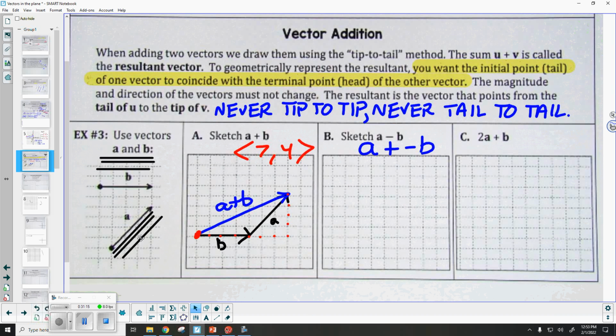All right, so I'm going to start with A right here. Let's say right here ought to do it. Okay, I'm going to draw here's the head. So this is A. Now, right now, as it is, B is pointing to the right, but I want negative B. So it's going to be pointing to what direction? It's going to be pointing to the left. That means this right here is going to be the tail now. So I'm going to put the tail right there at the head of A. Let me draw in the head. Here's negative B. Okay, this is what we call the triangle method. These two vectors create two sides of a triangle. When I draw the third side, what do we call that?